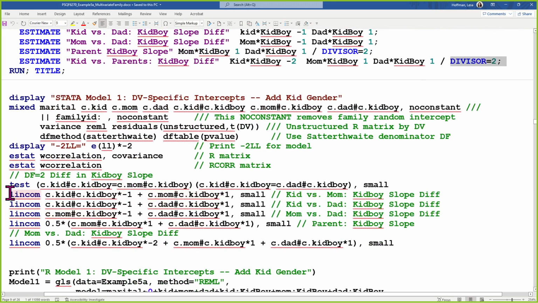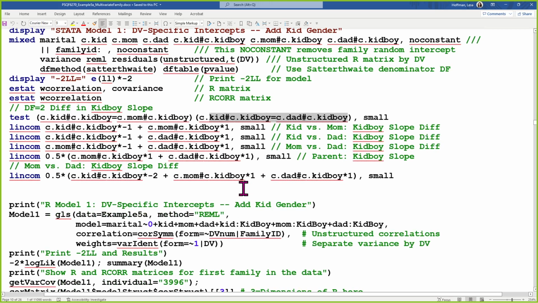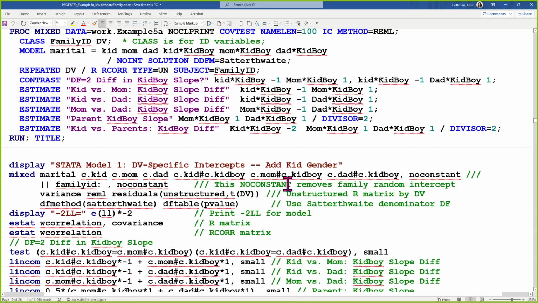In Stata, it looks much the same, except we've got the test command to do the joint F-test for the 2 differences. And I've written these a little bit differently here. This is testing whether the slope of kids' gender is the same on moms as kids, and this is kids and dads. So this is another way that you can compute a difference in slopes in their notation. Here are the individual differences. Here's the lumped difference. I did the math by cutting the divisor equals 2 by multiplying by 0.5, so I did the same thing by putting those in parentheses here. All right, any questions from SAS and Stata thus far?